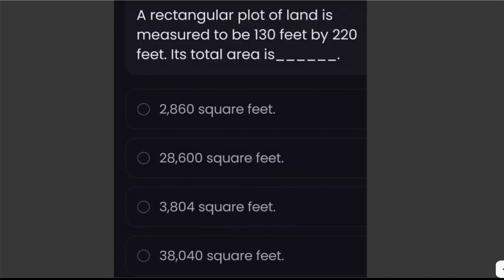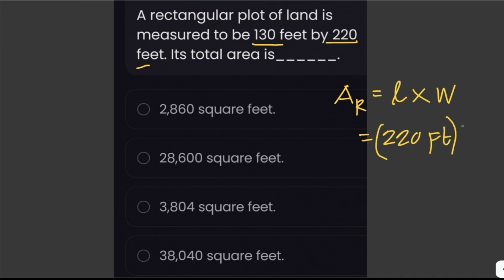A rectangular plot of land is measured to be 130 feet by 220 feet. Its total area is? So the area of a rectangle is equal to its length times the width. So we're given here the length, which is 220 feet, and then multiply that by the width, which is 130